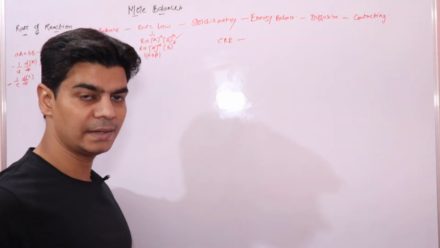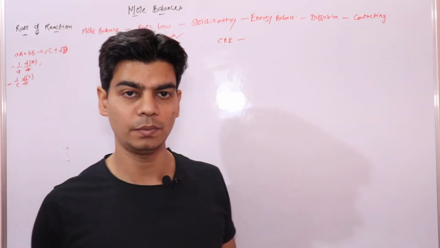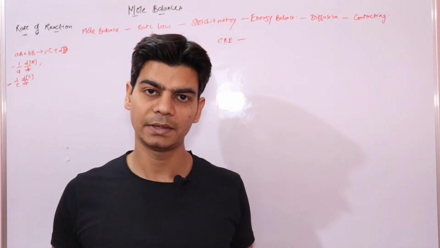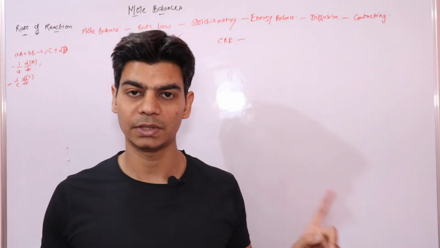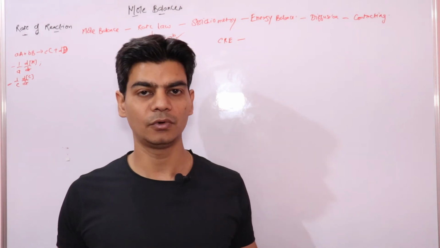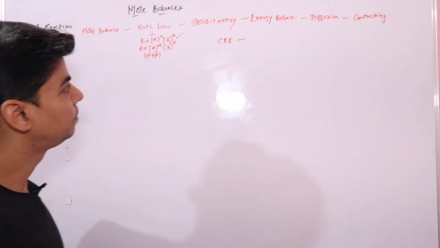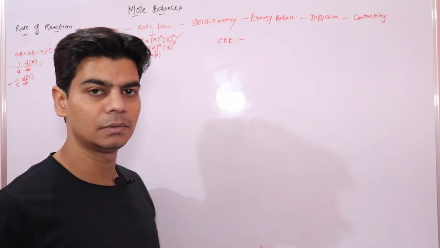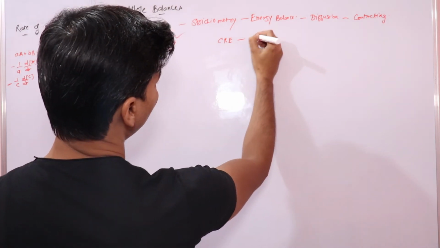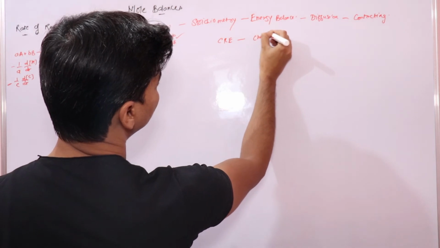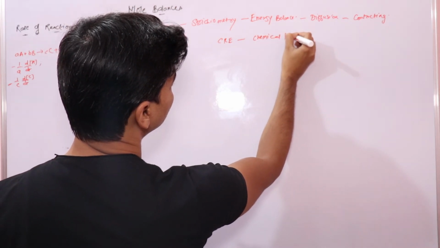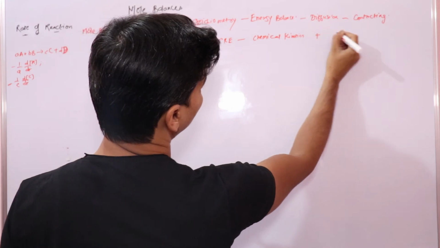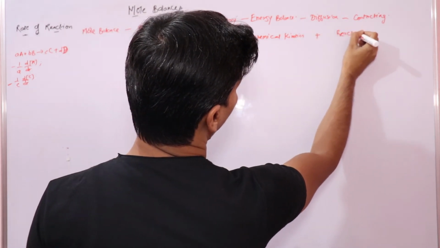In order to produce any chemical on industrial scale, what we need is chemical kinetics and the reactor design, right? Without these 2 things, we would not be able to produce or think of making any chemical on an industrial level, on a bigger level. So here we have chemical kinetics plus your reactor design,